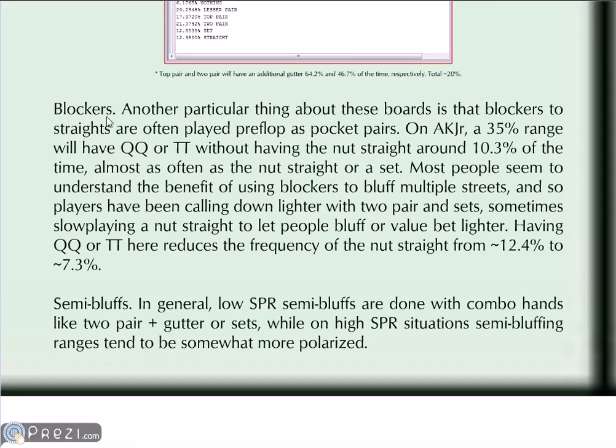So another thing that's particular to this board that I thought of is blockers. On ace king jack, for example, a 35% range is gonna be playing queen queen and 10-10 pretty often pre-flop. So I ran some simulations and found out that someone will have queen queen or 10-10 without the nut straight around 10% of the time, which is pretty often, almost as often as having the nut straight or a set. So this was an interesting find, I guess, and I think people instinctively get to understand this after a while, because